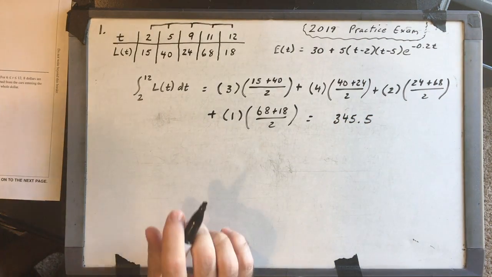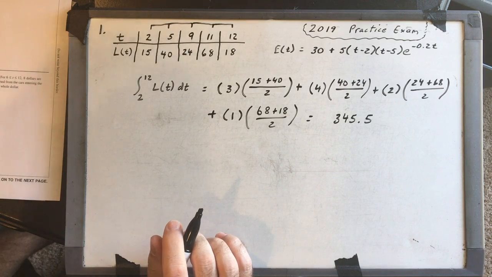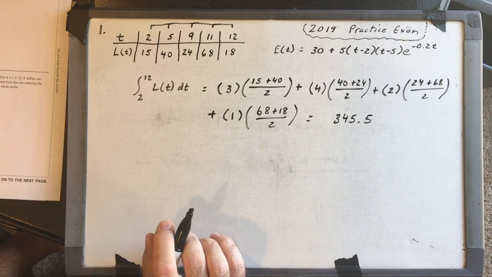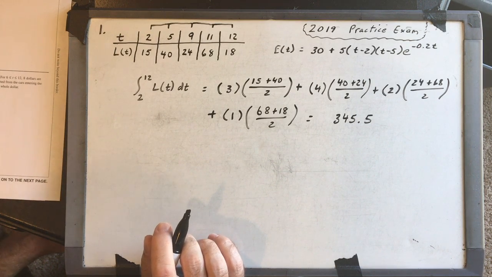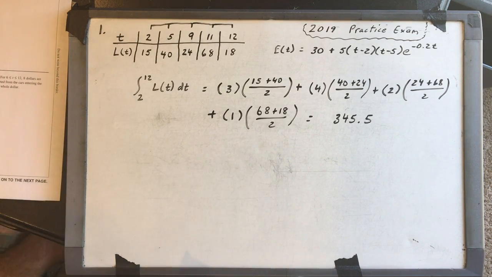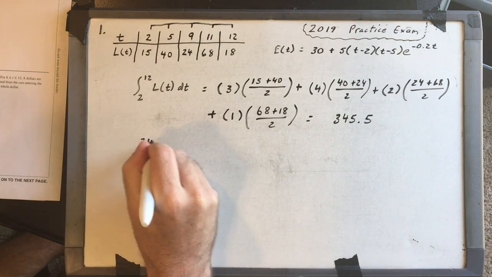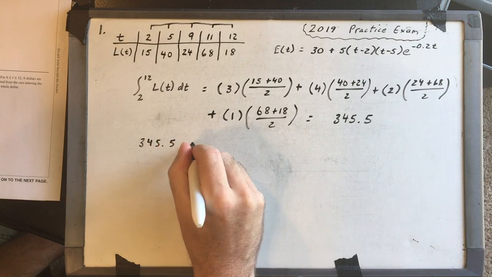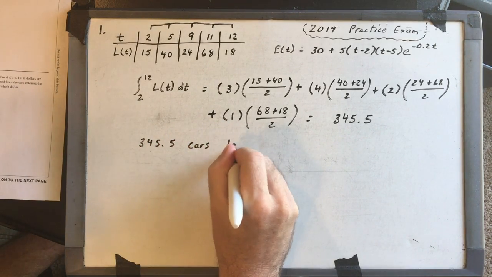Okay, but you have to explain the meaning. And the meaning is that 345.5 cars leave the parking lot